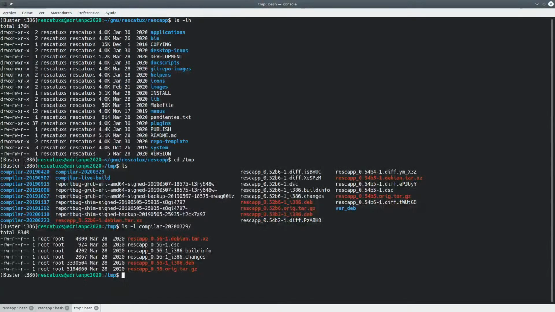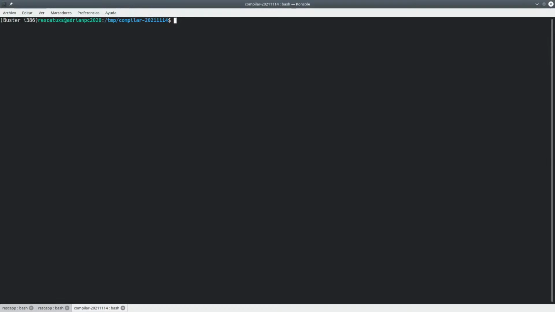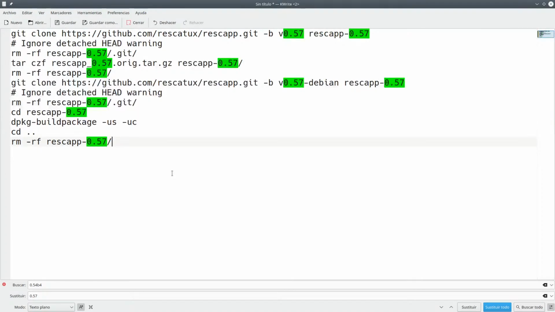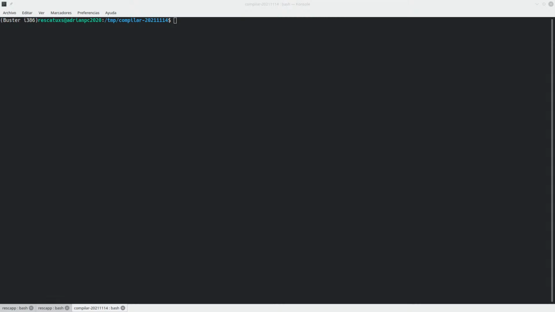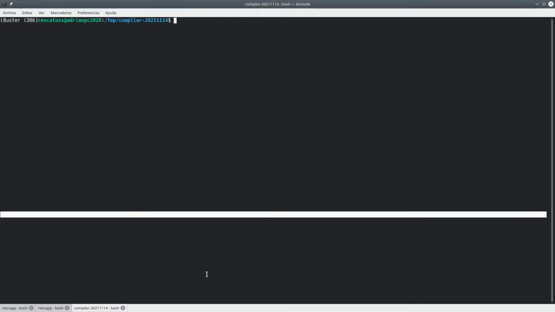Rescapp. Yeah, so basically I do like this. Let's see, this is the date from today. Okay, and here you've got to do all of this stuff in order to build Rescapp. Okay, but we don't have any tag, we don't have anything. So what we're going to do is